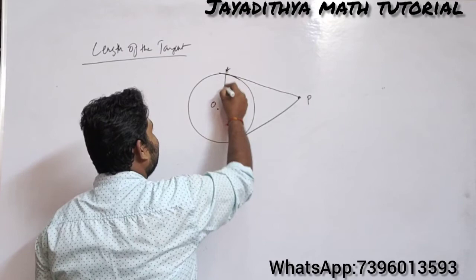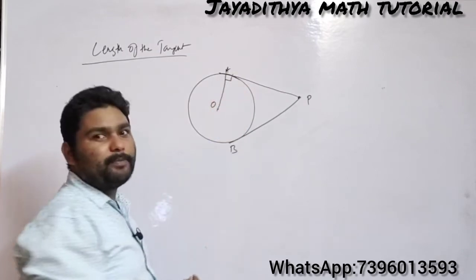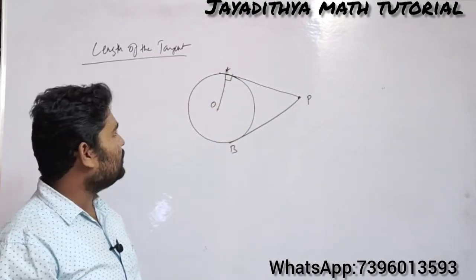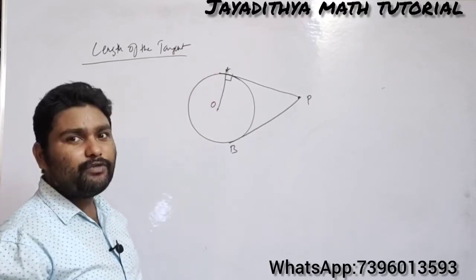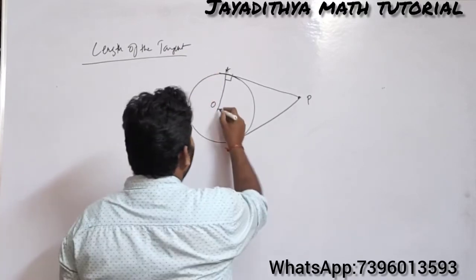Here you can observe it will be perpendicular. Why? Because the radius is perpendicular to the tangent at the point of contact. Just now we have observed that. And if you join OP,